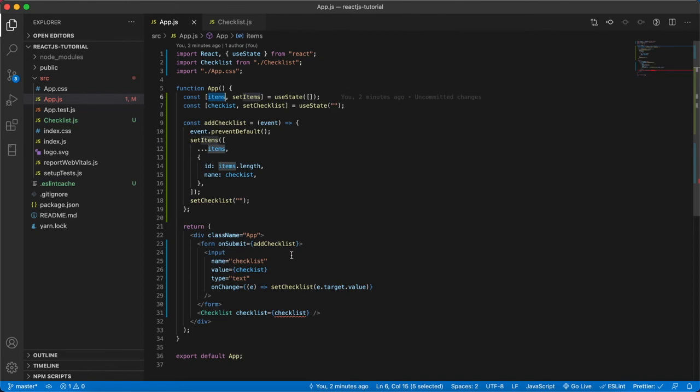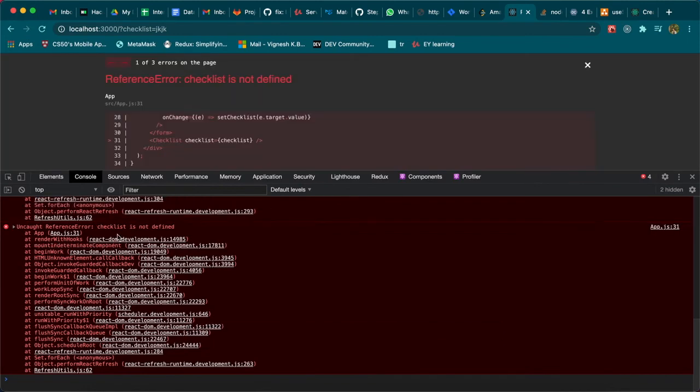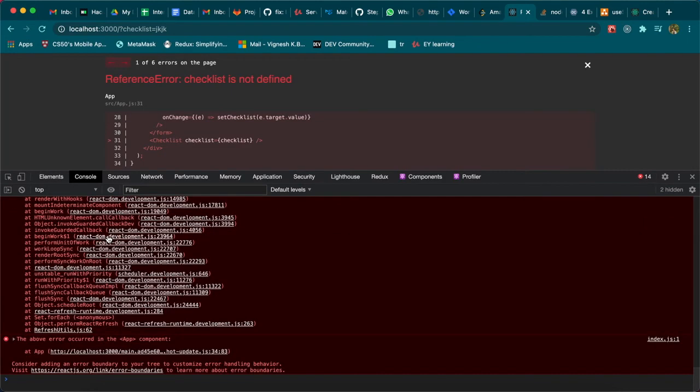Yeah, so we have to pass the items, right? There's some mistake I have made, and we have passed the items, and there is some error as well. Checklist is not defined.